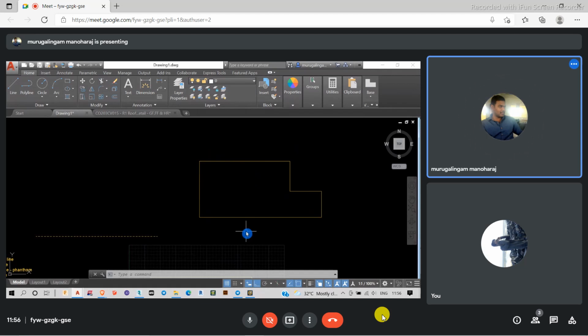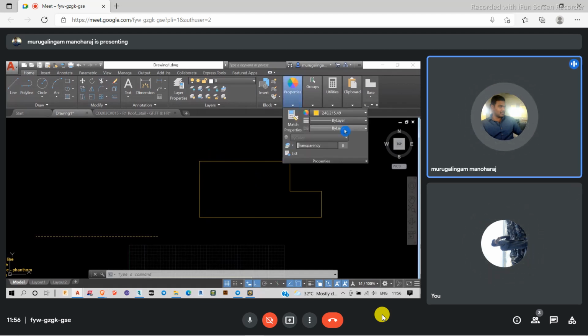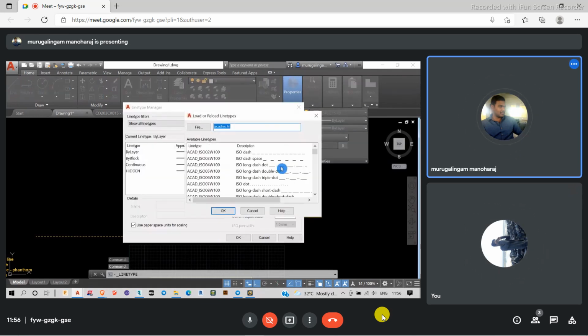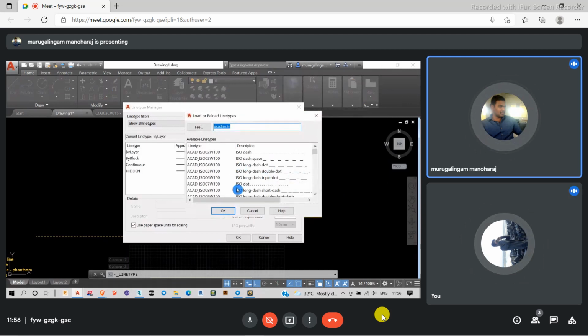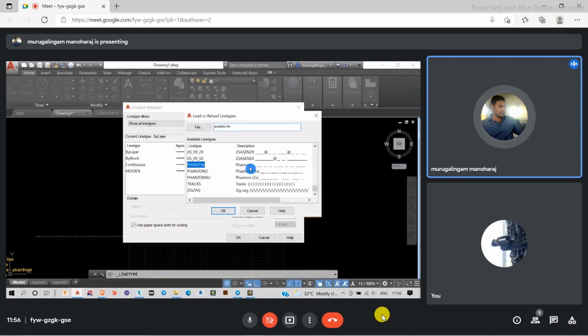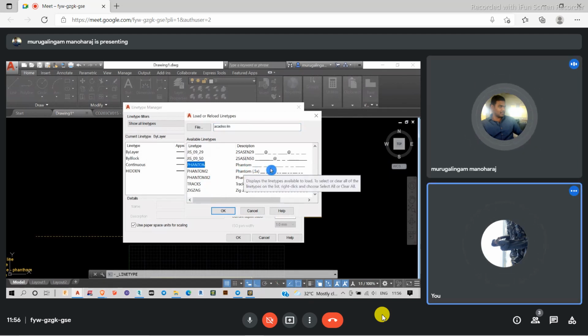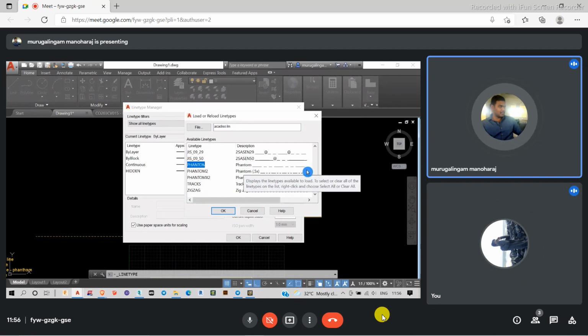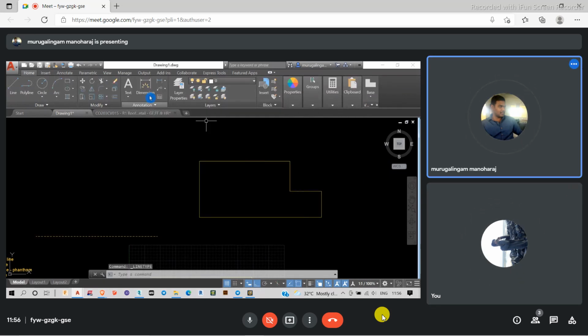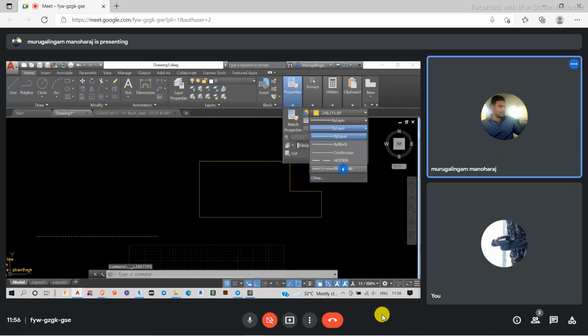For that, I will go to my properties once again, line type. In that line type, I will go to the other options and load. Then I will go to Pantone. They don't have a section line; it will be mentioned as Pantone. Pantone is a long line, two short lines, long line, two short lines. Click OK, and make sure it has been changed to Pantone here also.